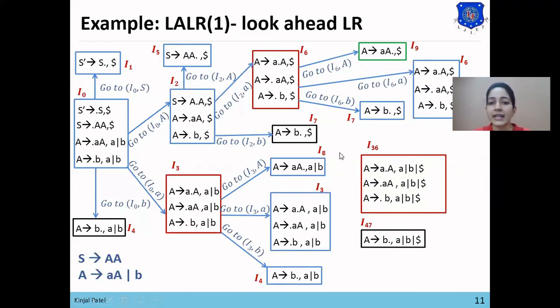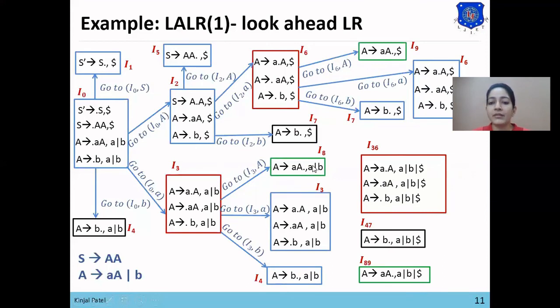So the next set is I8. Here I8 is A derives A dot, lookahead A or B. Now here I8 matches with the I9 set. So we'll combine I8 and I9 and represent this set as I89. Here A derives A dot is the production rule, and we make the union of the lookahead symbols, which are A, B or dollar.